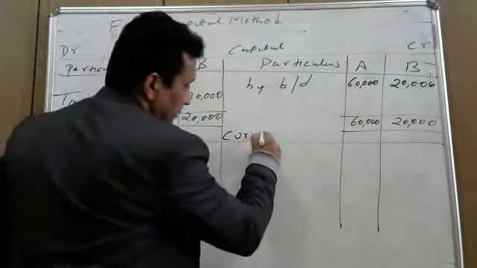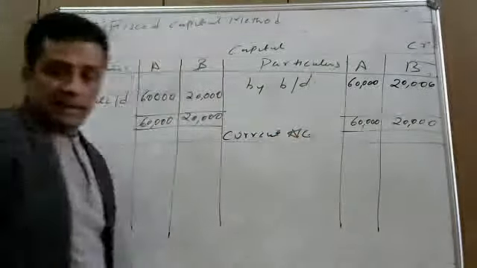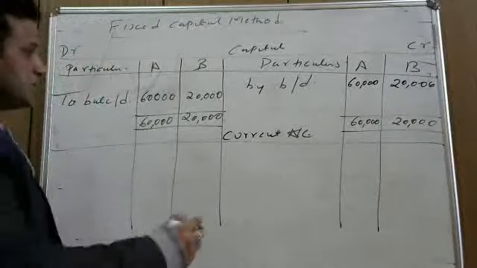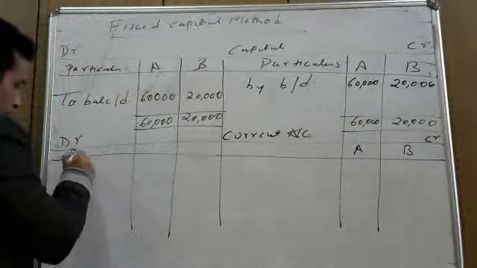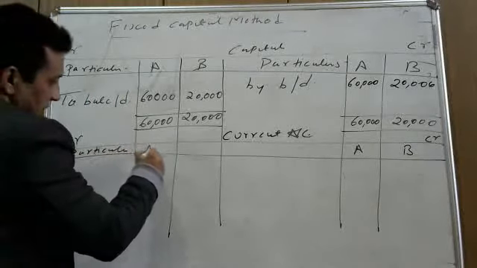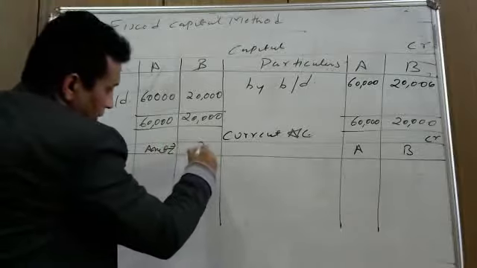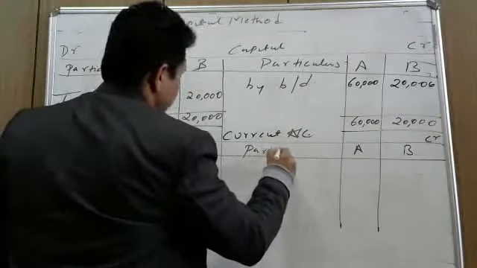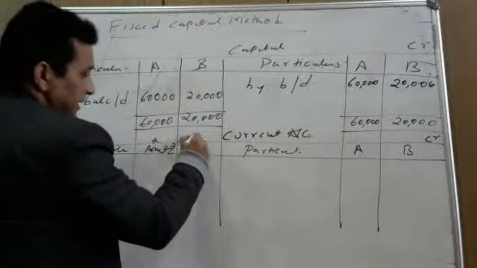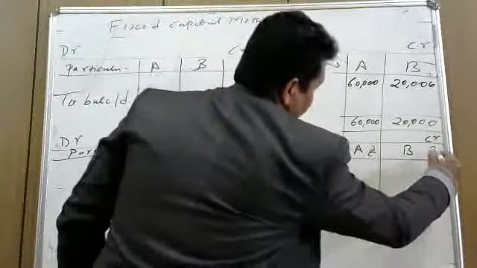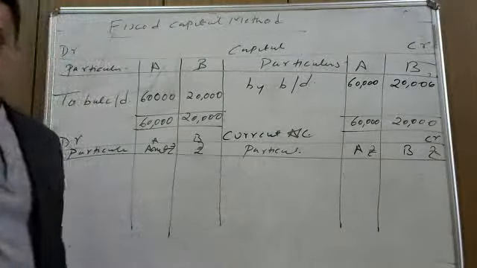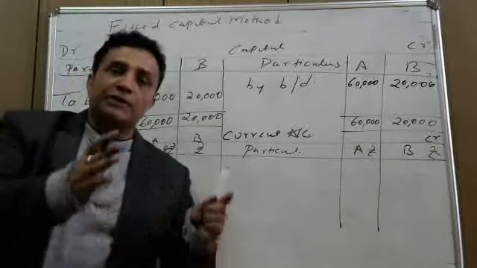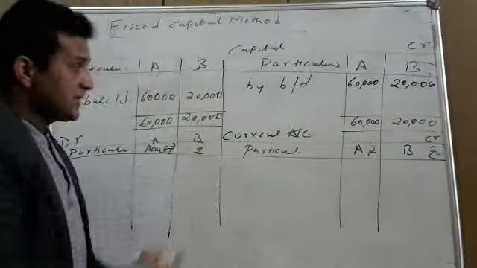Now, when we prepare the fixed capital account, we need to prepare one more account, called the current account. I am preparing only the current account here so that it can be clear to you. Now the current account. This is partner A and this one is partner B. Again the same thing: credit side, debit side, particulars, amount in rupees, for A and for B. Now, the current account balance is not given in the question. So we have to write all the changes that occur during the year.